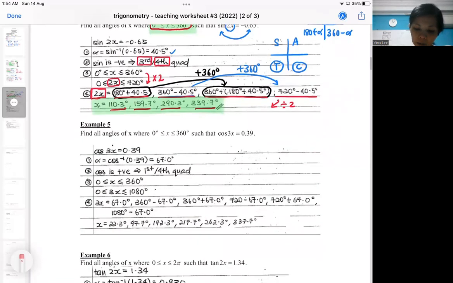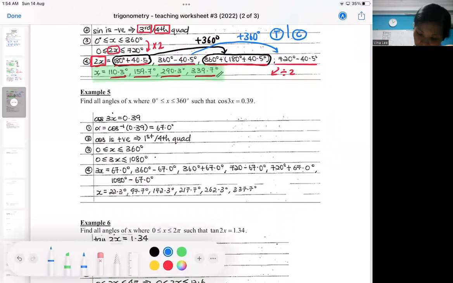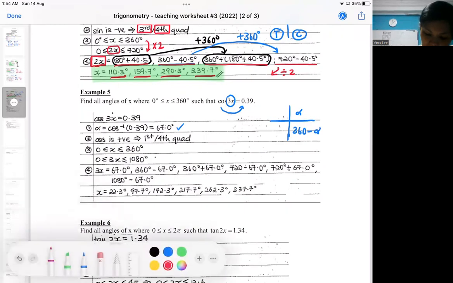Okay, so in the next question, you will see 3x. So the angle is 3x. That doesn't change the basic angle. You still do an inverse to find the basic angle. So the basic angle is still an acute angle. And you do your ASTC. Cosine is positive in the first and fourth quadrant. So the first quadrant will be alpha, and the fourth, 360 minus alpha. But this time around, because it's 3x,